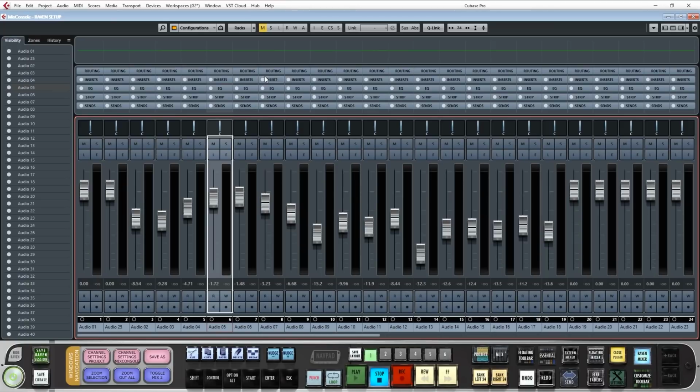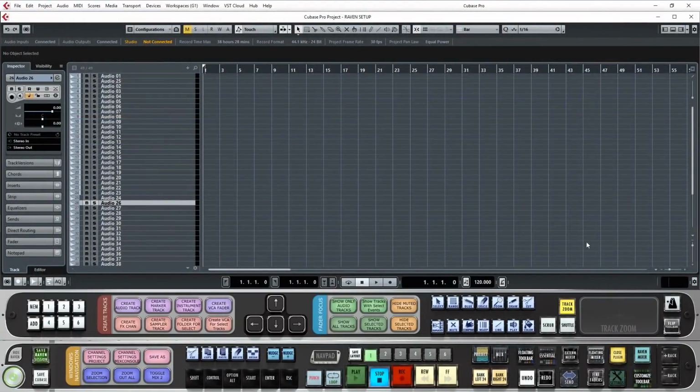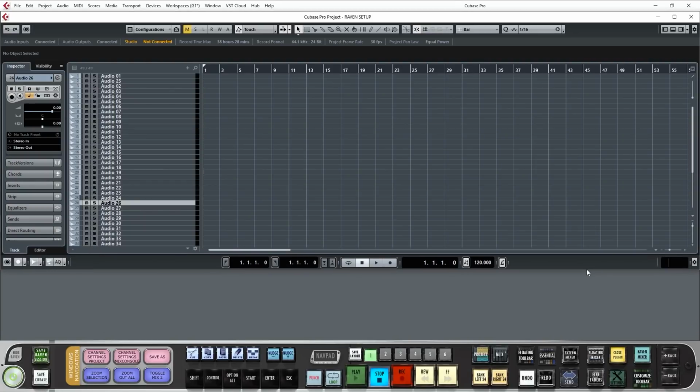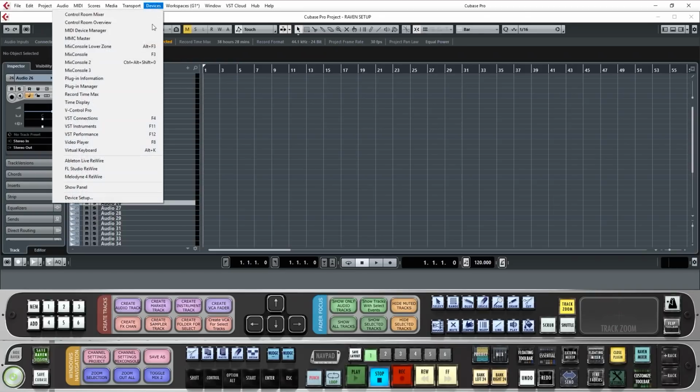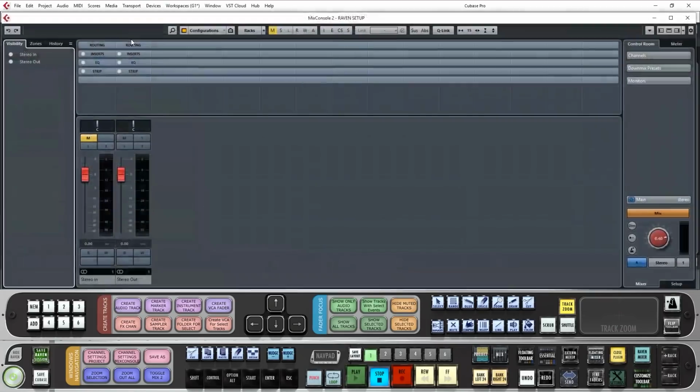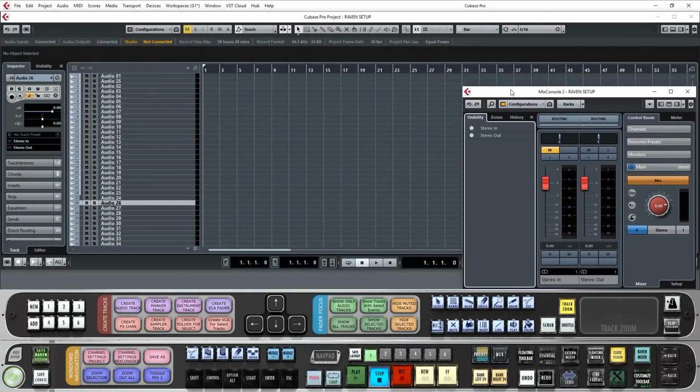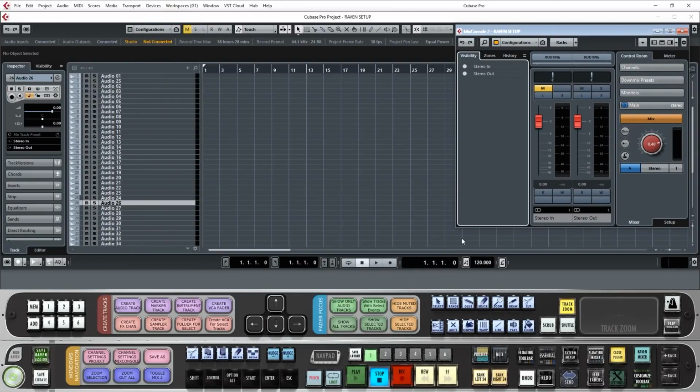If using multiple displays, you may want to utilize different workspace configurations to take advantage of the extra screen real estate. This will require setting up the workspaces manually. To do this, recall Workspace 1 by using Alt-1 or selecting it from the Workspaces menu. Drag the edges of the project window above the Raven toolbar so it is not covered by the Raven. Then drag all other windows to your other displays such as the Mix Console, Piano Roll, or Editor and select Update Workspaces from the Workspaces menu to lock in the changes.